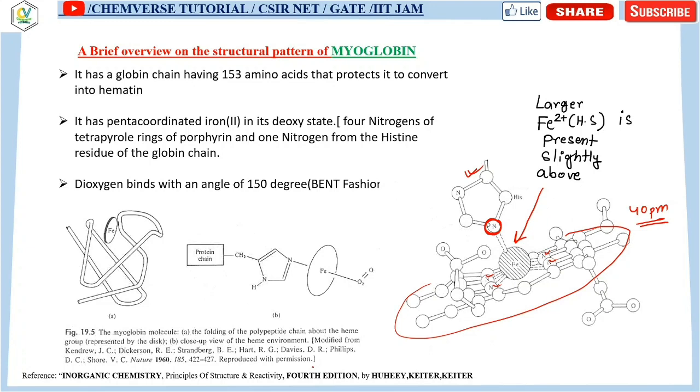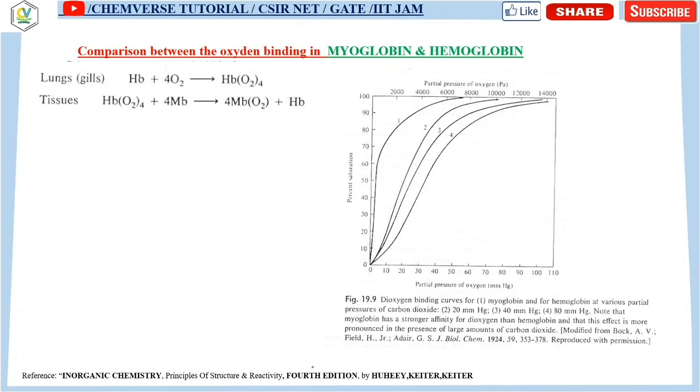But before going to discuss the cooperative effect, let's take a closer look at the oxygen binding procedure of myoglobin and hemoglobin. What you can see is that in the lungs, where there is a larger concentration of oxygen, hemoglobin binds with oxygen. Hemoglobin is a tetramer, so that means it has 4 iron centers. So those 4 iron centers are capable of binding with 4 oxygen. So it basically binds with 4 oxygen to produce this compound.